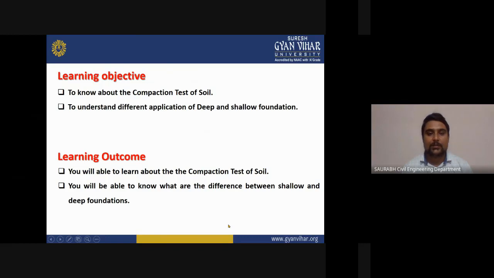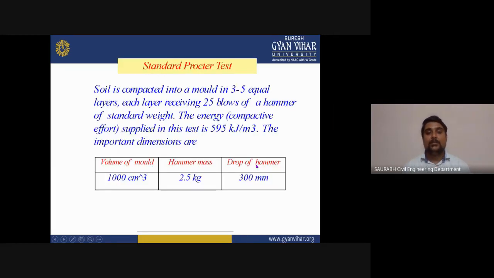So come to the learning objective and learning outcome. Here you will know about the compaction test of soil, and you will also know the different methods and different applications of deep and shallow foundations. In the learning outcome, you will be able to learn about the compaction test of soil. First, we will see the standard Proctor test. After that, we will see the